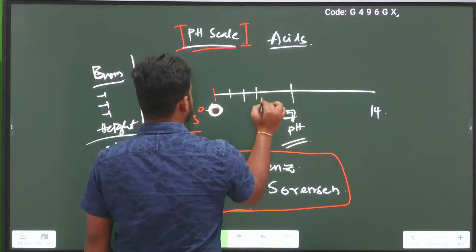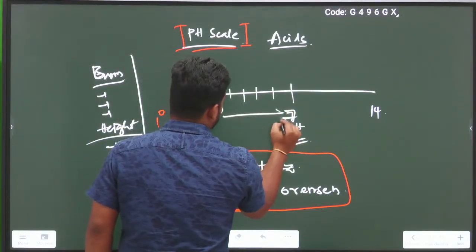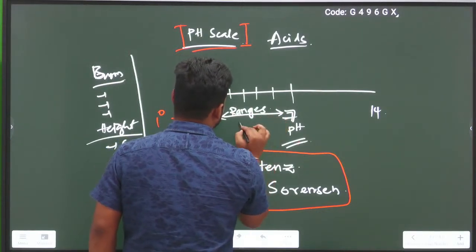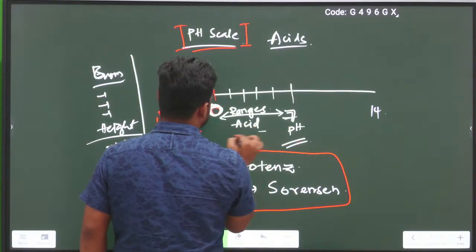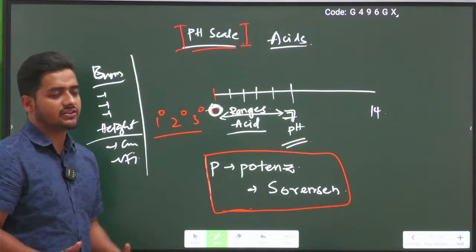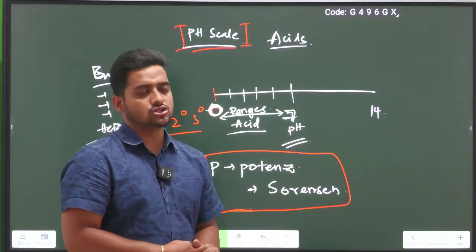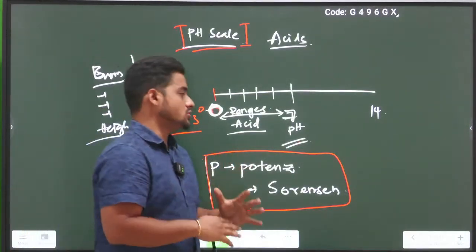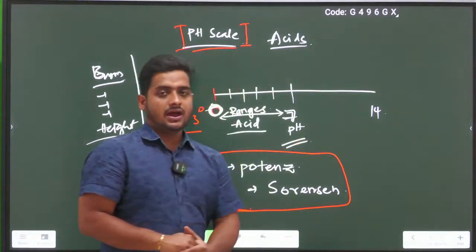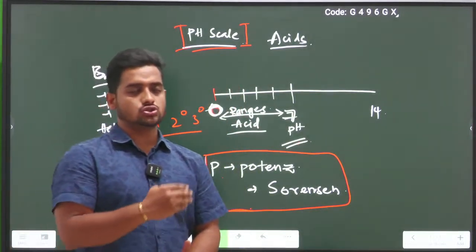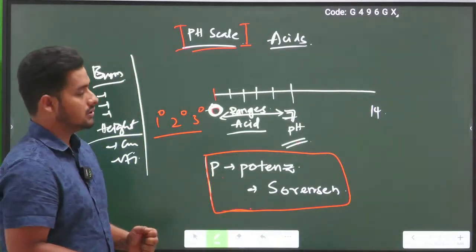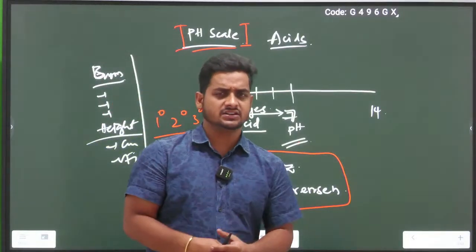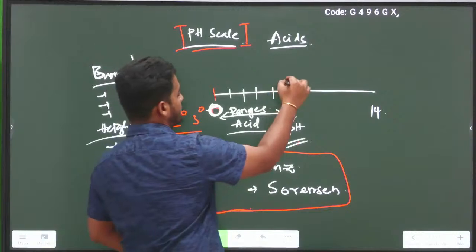If an acid's value ranges between 0 to 7, you can say it is an acid. Closing your eyes, if any pH value is 2, 3, 4, 5, 6, it is an acid. If the pH ranges from 1 to 3, it is a strong acid. If the pH ranges from 5, 6, 7, it is a weak acid. If you take 6.9,